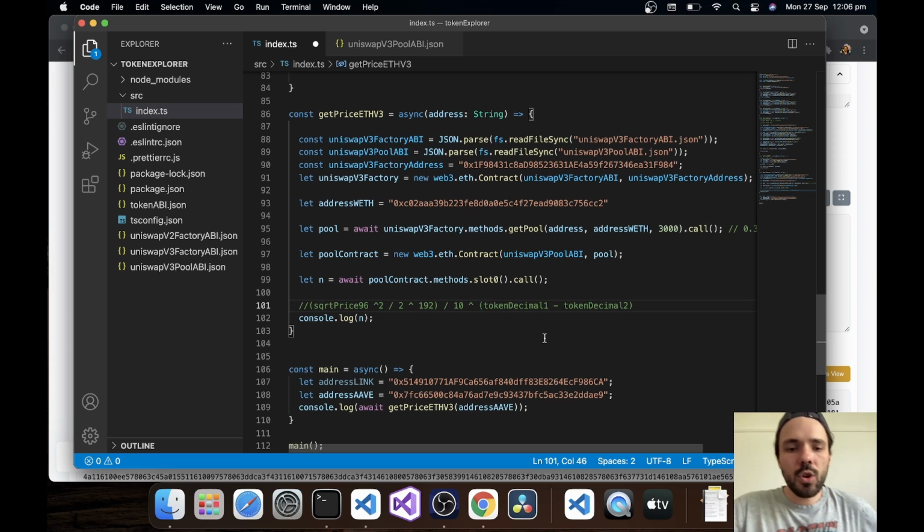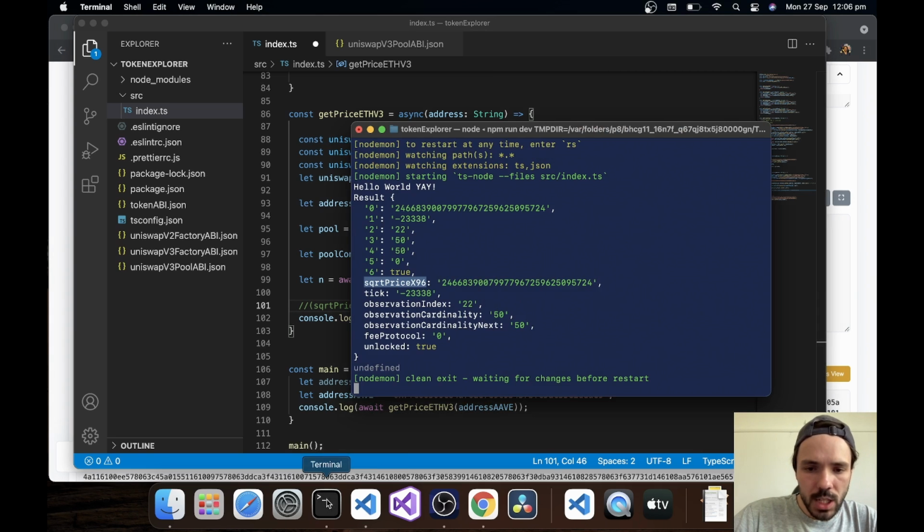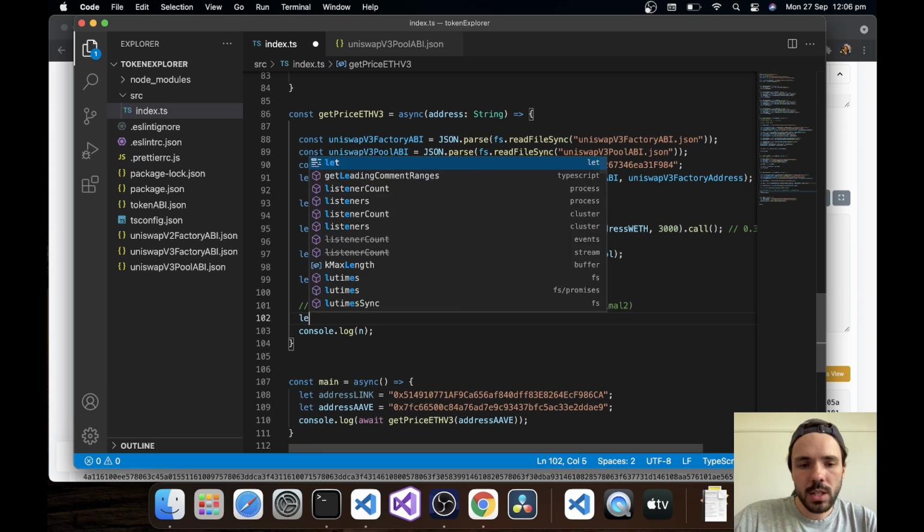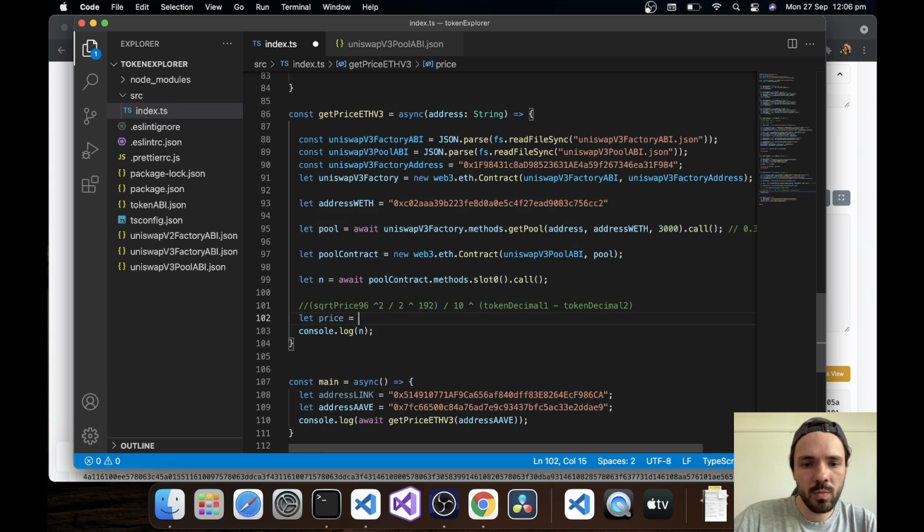So this is the actual formula to get the price, and all that is sourced from this little value that the pool itself stores. So let's go ahead and calculate the actual price. So let price is equal to... Actually, first let's define the square root 96 value. So let square root price